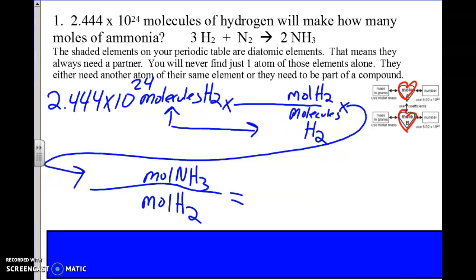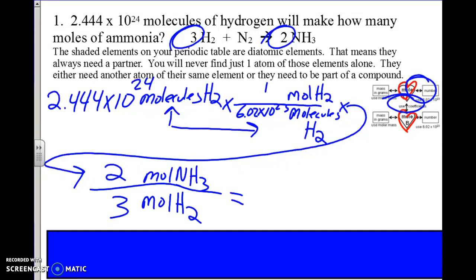Now we pop in some numbers. So the bridge right here is the 6.02 times 10 to the 23rd bridge. So that's 6.02 times 10 to the 23rd molecules are in 1 mole of hydrogen gas. When we go between mole and mole, we use coefficients from the equation. So here's a 3 and here's a 2. So the 3 goes with the hydrogen and the 2 goes with the ammonia. I get my answer for this problem, and it's